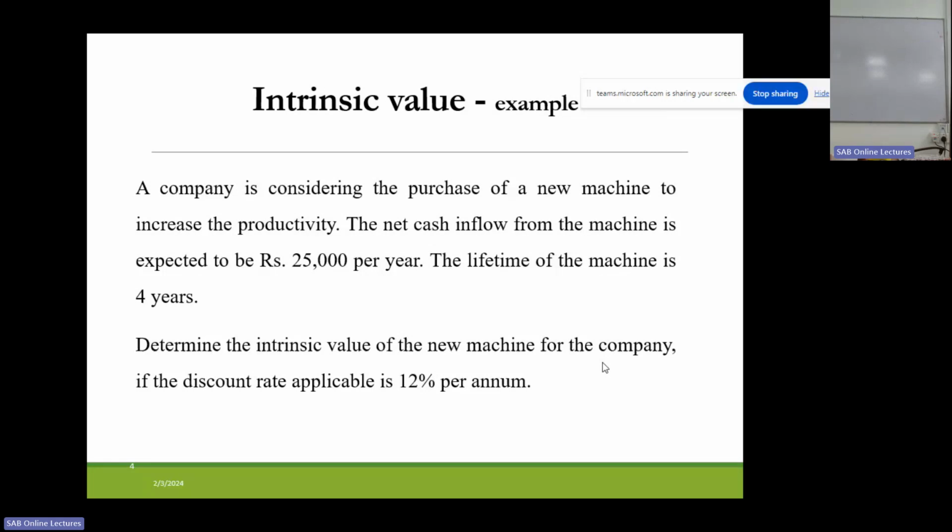If you look at the picture, if you purchase this machine for this company,